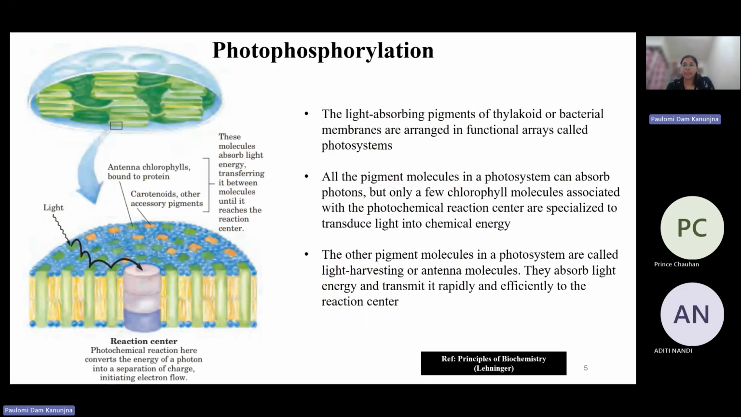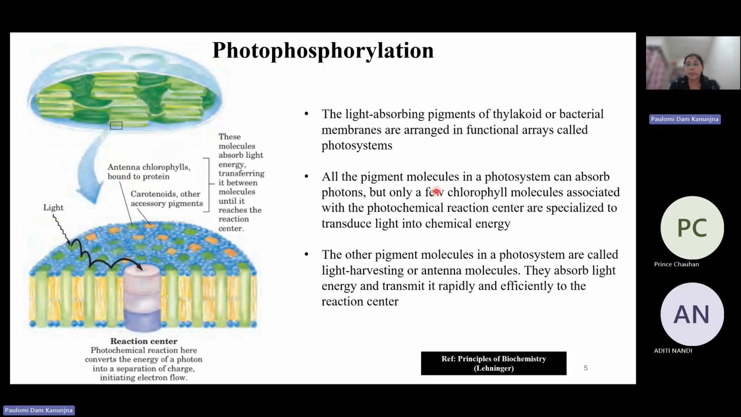Now, coming back to it. The light absorbing pigments of the thylakoid or bacterial membrane, like I mentioned, these processes are also there in bacterial membranes. We will see the difference between the processes taking place in thylakoids and bacterial membrane. What is the difference between these two processes? But these pigments which are present in both the membranes are arranged in functional arrays, which are called photosystems,